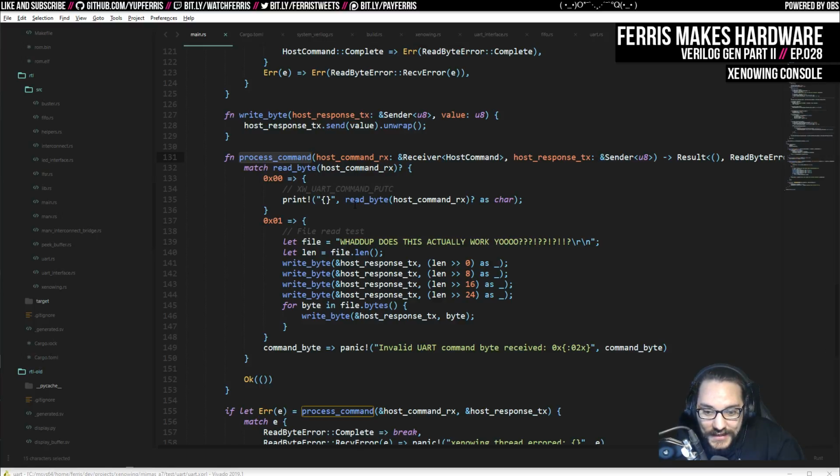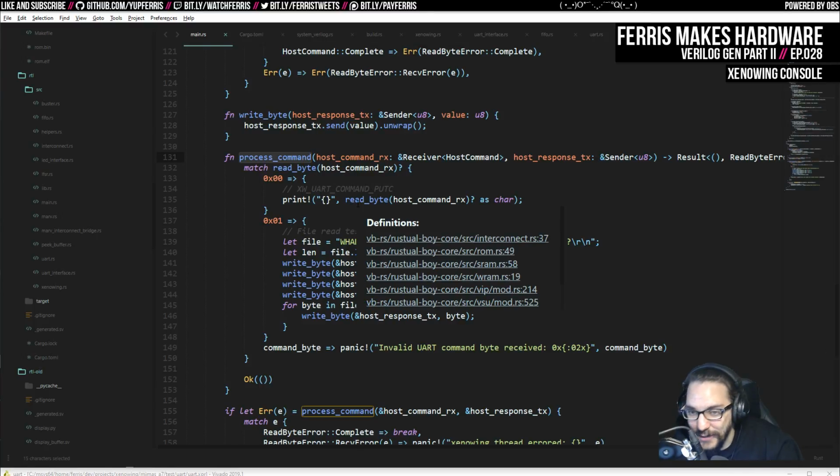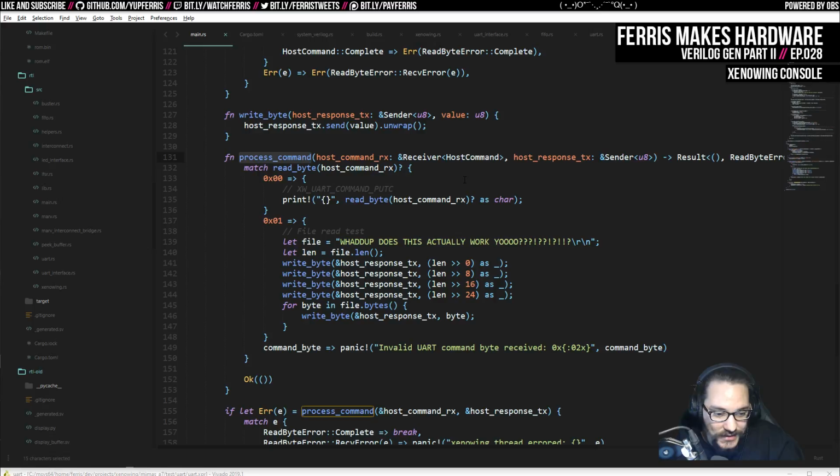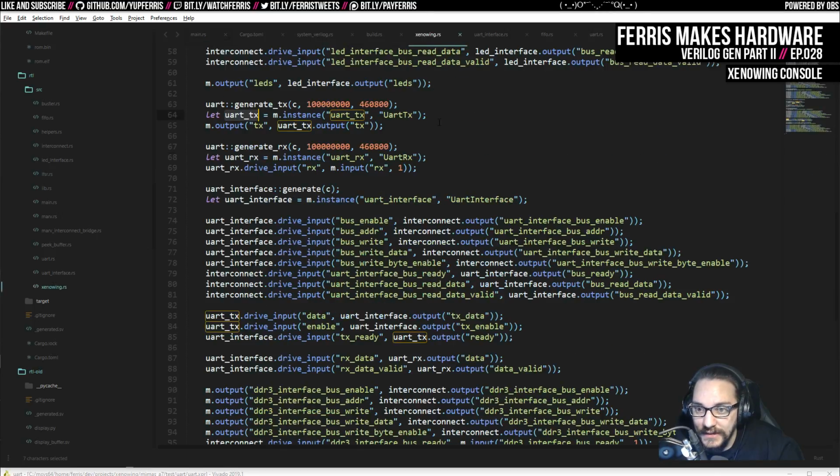So what I want to do today, we're finally getting to that, is continue on the Verilog generation in Kaze, because that's something we need before we can actually run stuff on the FPGAs. We need to be able to generate actual Verilog code for all the features that Kaze supports. And then all of the stuff that works here in Sim should mostly just work. It won't work as is right now because the xenowing itself